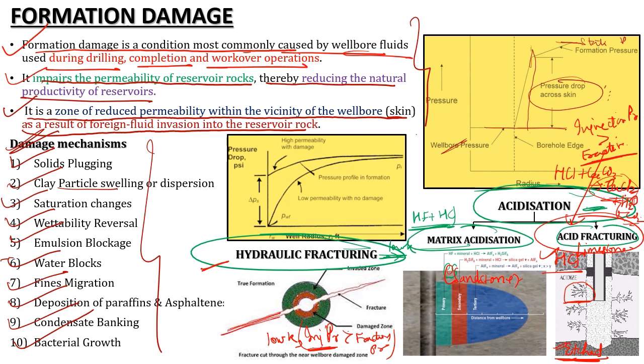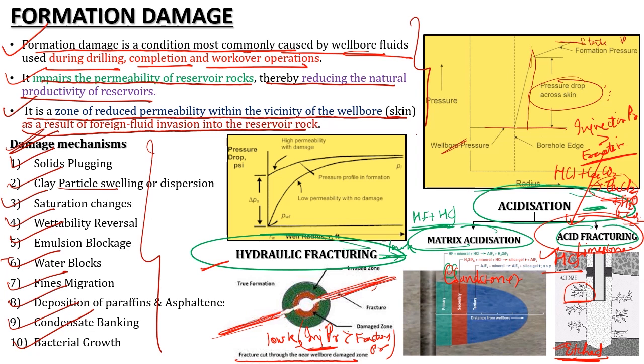The reason is, when I'm satisfying this particular condition, I will create a fracture. I'm creating a fracture in the direction perpendicular to the minimum principal stress. So you can see that by this HF, because of this fracture, my fracture has cut through the near wellbore damage zone. Now let's see, if I'm having some skin over here, by doing this fracturing we are bypassing this near wellbore damage zone, and we are directly entering into the fresh reservoir.